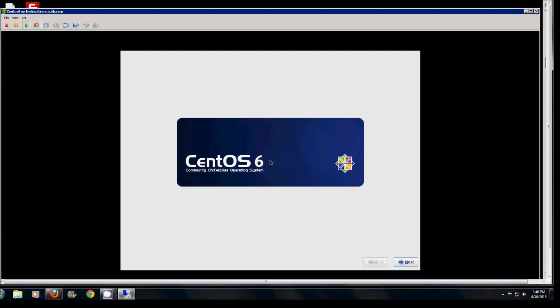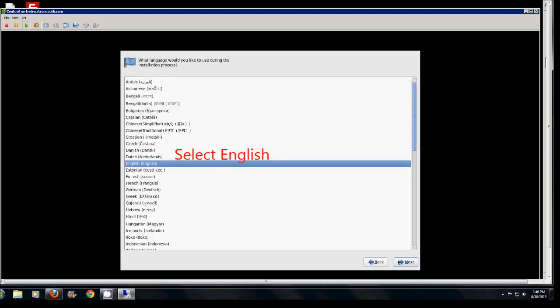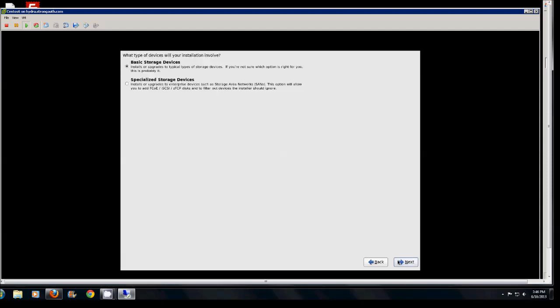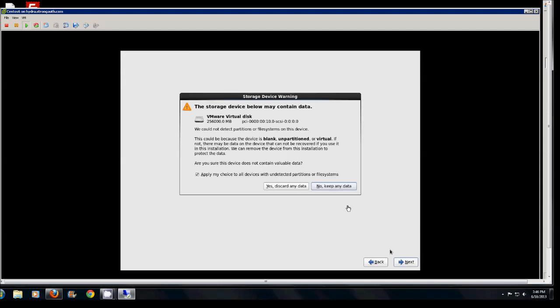Hello, so today we're going to be going over the installation for CentOS 6. The first thing that you want to do is hit Next down at the bottom, and then afterwards select English twice, followed by Next. It's going to ask you to discard your data, select Yes, and then you need to